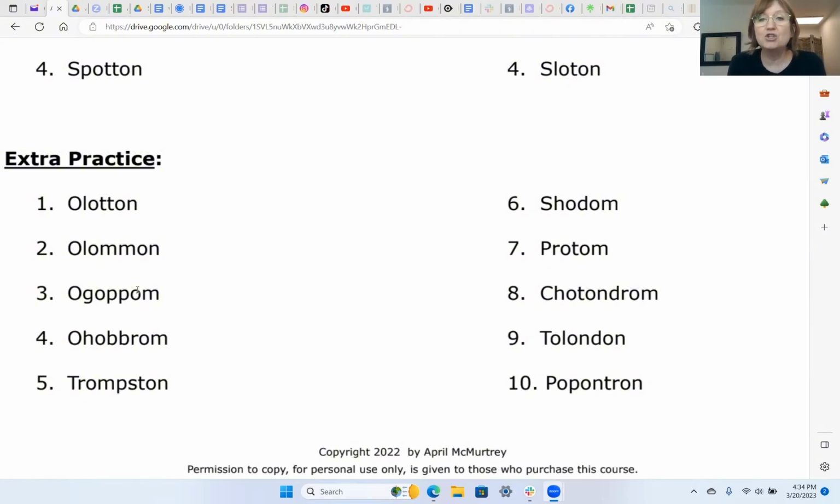6, shodom. Shodom. 7, protum. Now, it's probably tempting to say protom, is it not? Are you wanting to say protom? Probably because your brain recognizes the word tom. That's why we use nonsense words so that you won't rely on memory for anything. You're going to learn exactly how to read every word so that you can read unknown words accurately. But this O comes almost to the end of a multi-syllable word, which is why that O says protum. Number 8,